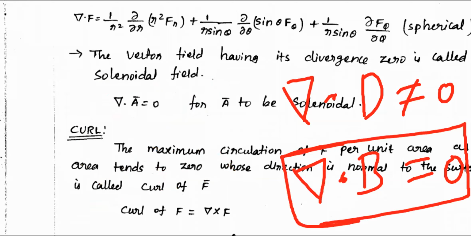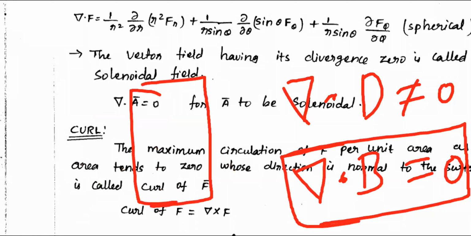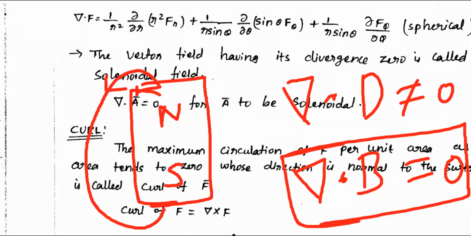So if at all you want to create a magnetic flux, you should have a magnet, with north and south pole. Once if you have a magnet like this, the field will be going in this way, and similarly in this way, north to south. Is it correct? Externally it will be going from north to south. Internally it will be going south to north.